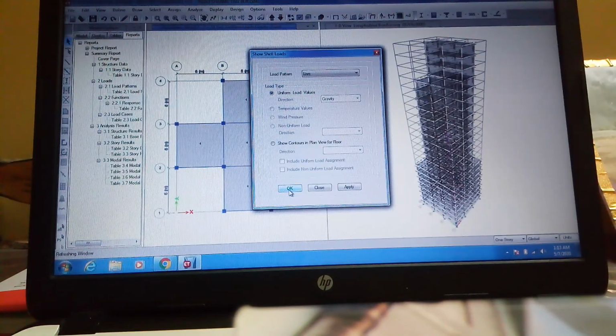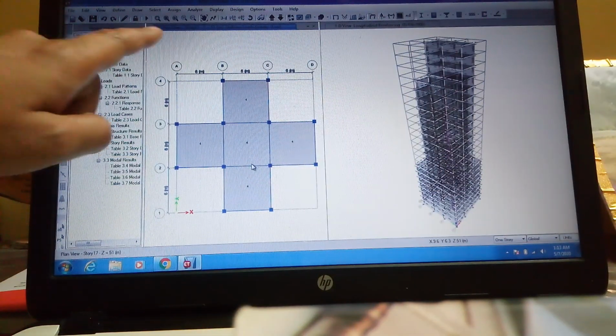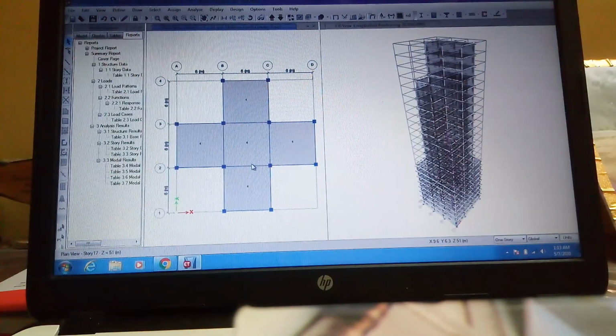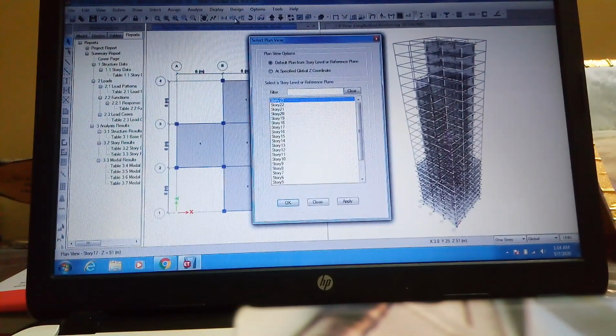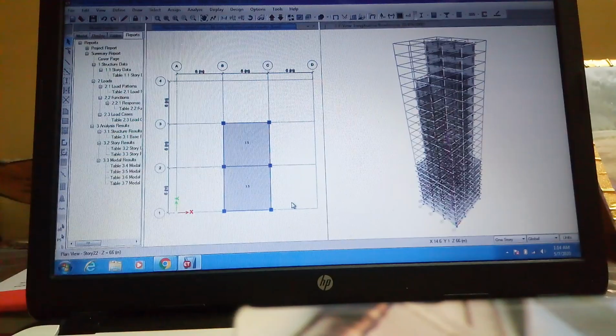This will automatically show us the different live load on that floor. Like this is plan view of story 17. Story 17 has live load of 4444 kilonewton per meter square. Now if we want to check a live load of the 23 story building, then we will select plan, select story number 22 and OK. This will show us the 22nd floor. We will check live loads. See, here is the 3.5 and 3.5 live loads on 22 story.